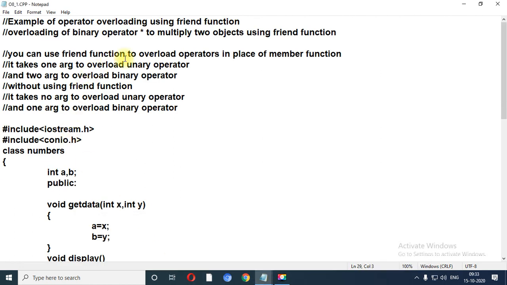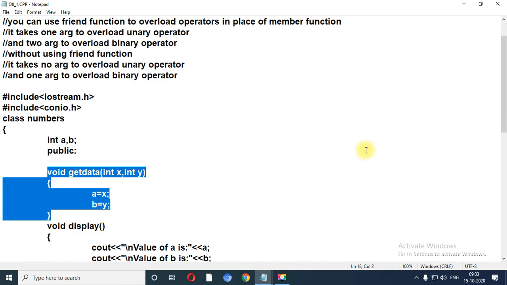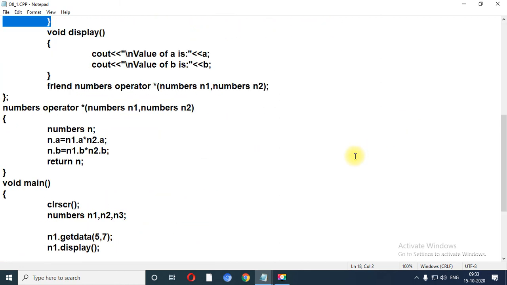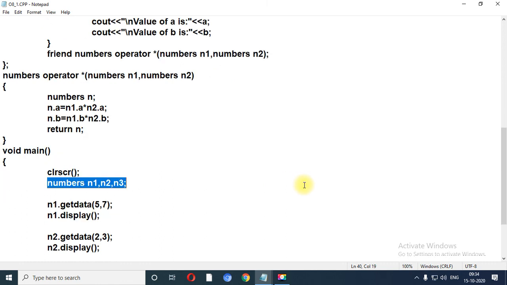Number 1, this is the first program of our today's session, that is called operator overloading using friend function. Let me scroll down the notepad file up till get data, up till the object of number class.